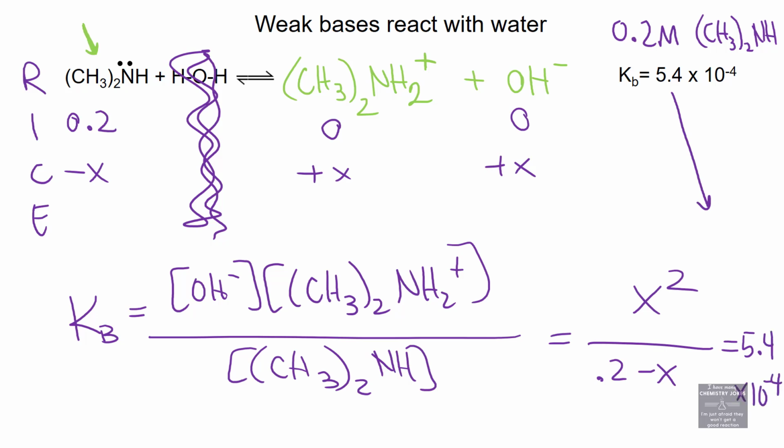So I can solve for x, just like the very last example. Kb is small, therefore I can assume x is small, so I get to get rid of that one. So 5.4 times 10 to the negative 4 times 0.2. Square root that, whatever you found, and you get x equals